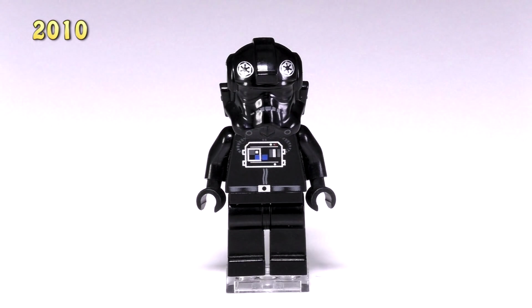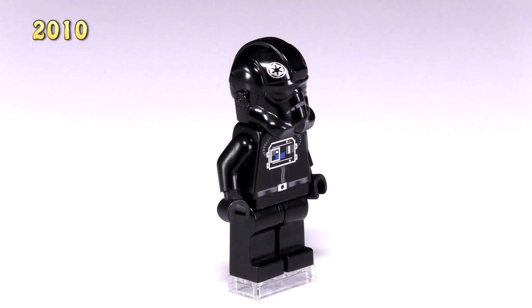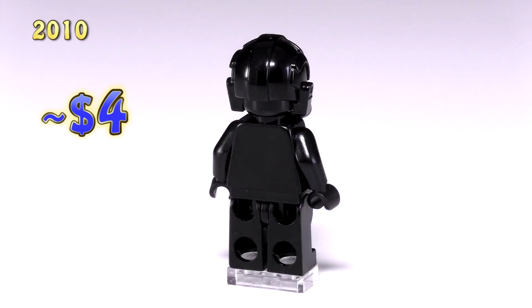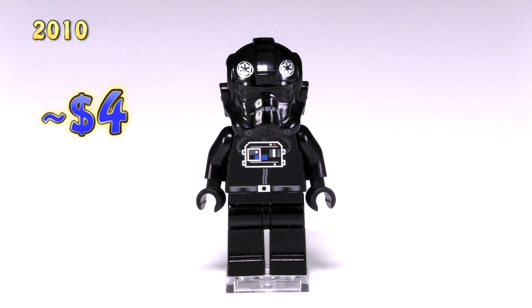I feel like I say this all the time, but when it comes to minifigs, LEGO usually gets the molds right the first time around, and most of the time when they're updating a certain character for a minifig, they just focus on the prints. This Imperial helmet mold does not get updated ever. It hasn't gotten updated yet, at least. This minifig sells for $4 on BrickLink, and we have a relatively similar update the same year for 2010 for